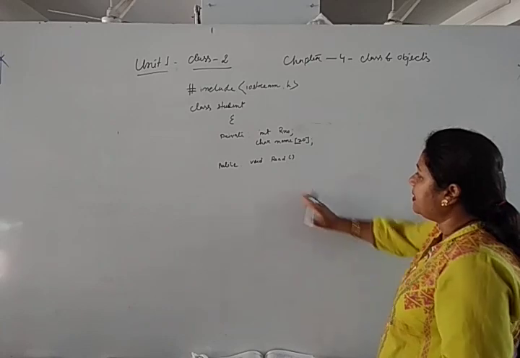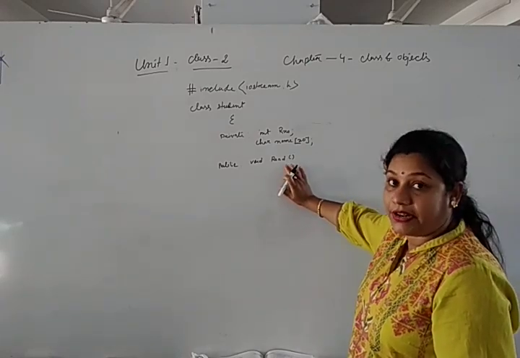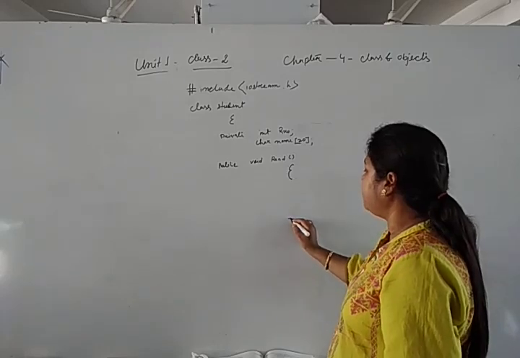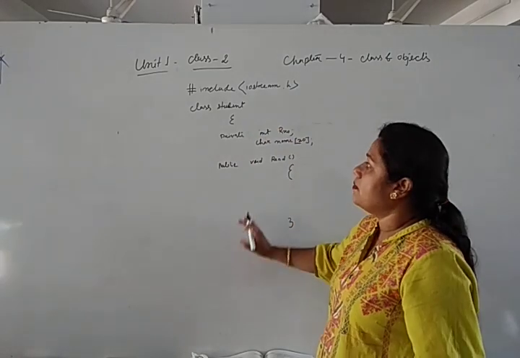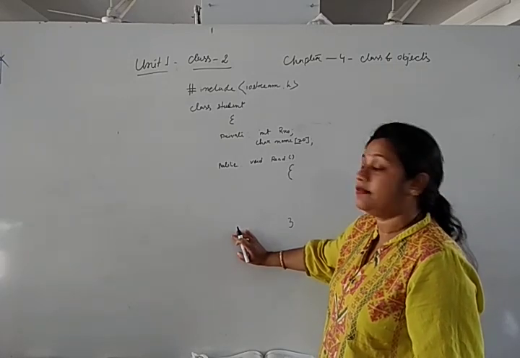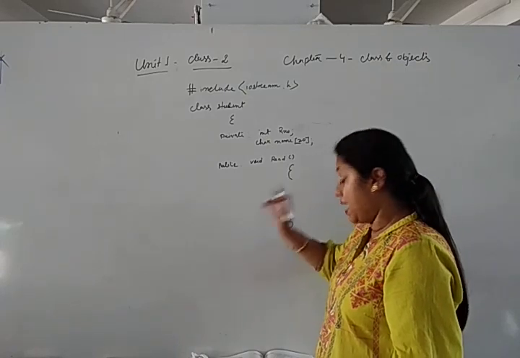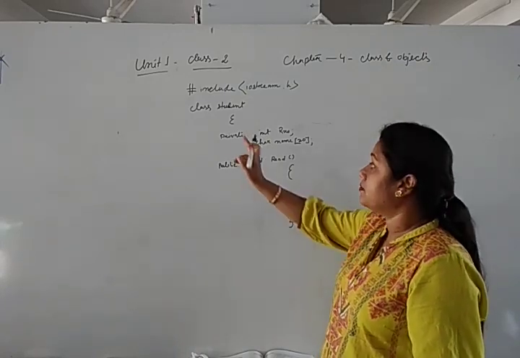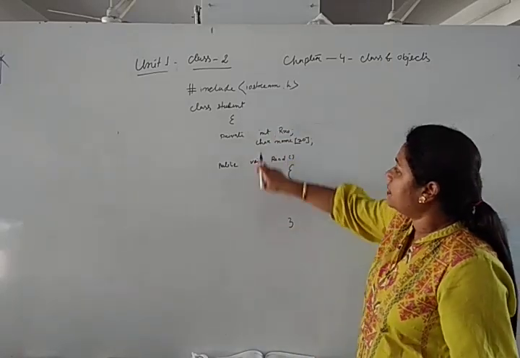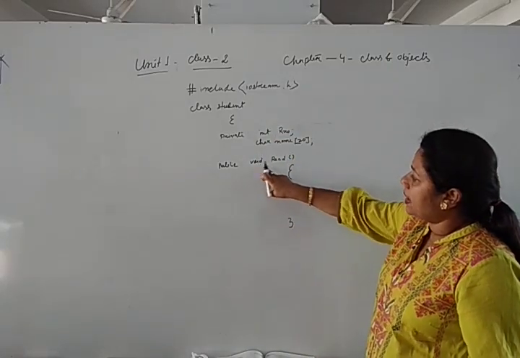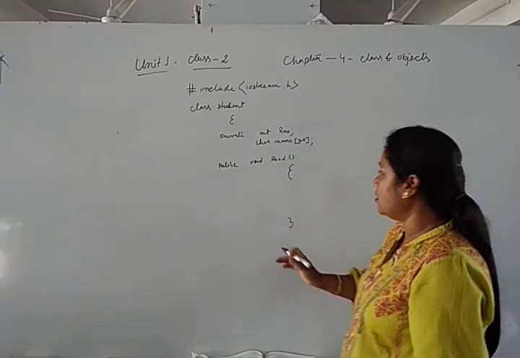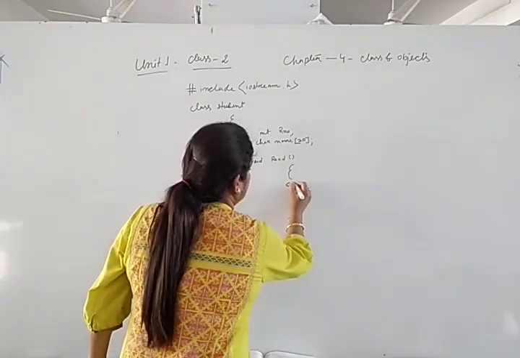Immediately after the declaration of the read function, I give the definition inside the body of the class. That is the first method: how to give the definition of a member function inside the body of the class. This is the function, and immediately after the declaration I define it. So I write cout.